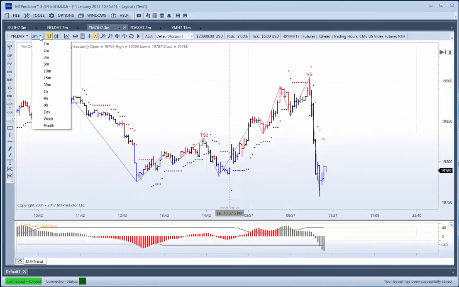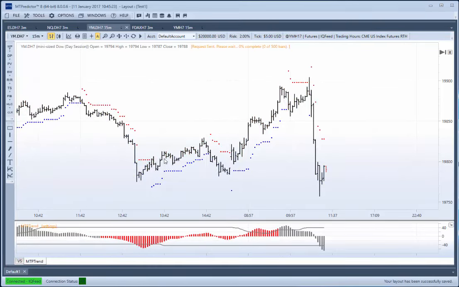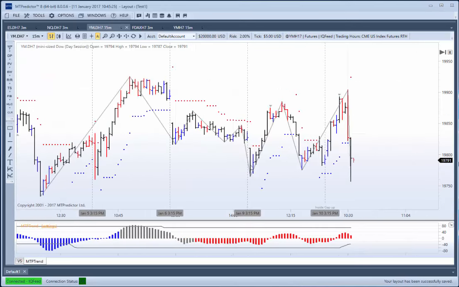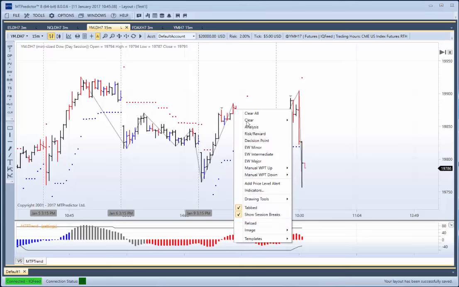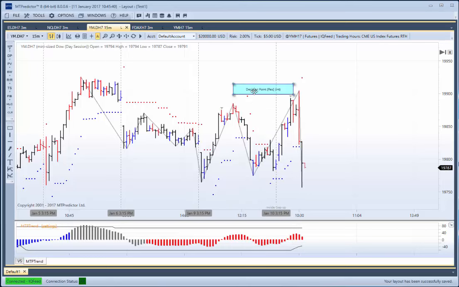Remember, we go to the higher time frame chart. For this, you go to the 15-minute chart. If we're looking at a 3-minute chart, we'd place our DPs on our chart using our previous swing highs and lows. So before today even opened, you'd have had a high here. You right mouse click, place decision point on your chart. Remember, this would have been on the chart even before today even opened. So that would be in a resistance area there waiting for you.